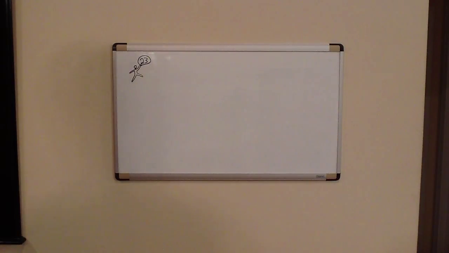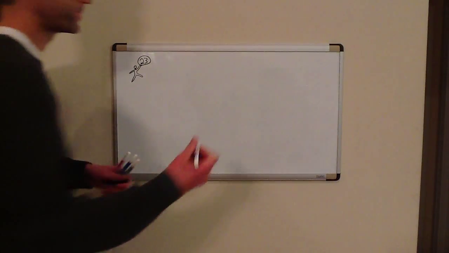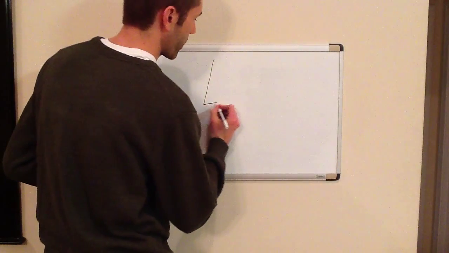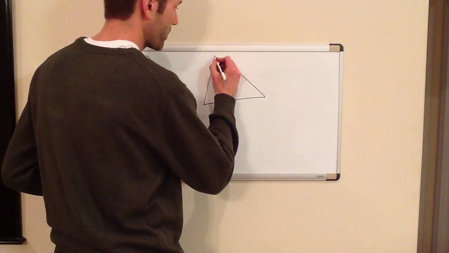Number 23. Two sides of a triangle measure 14 feet and 17 feet respectively. The included angle is 72 degrees. Approximately how long is the third side of the triangle? Draw it. Two sides of a triangle are 14 and 17